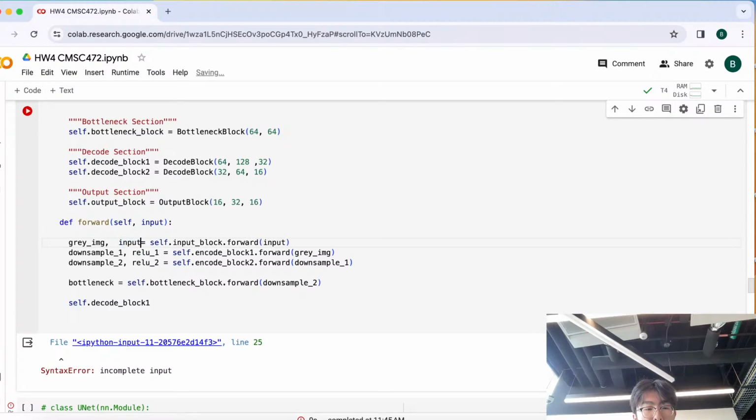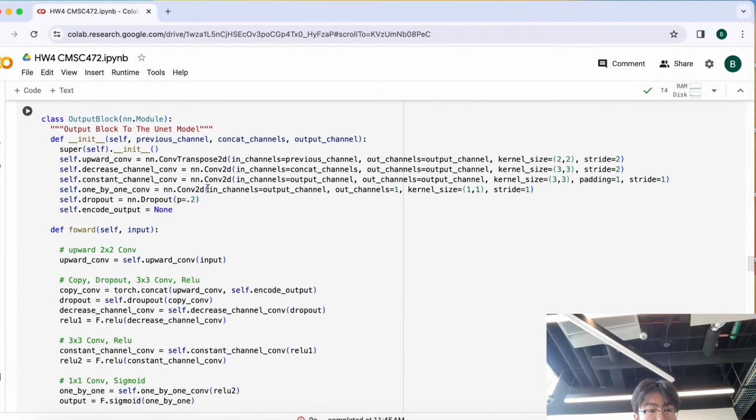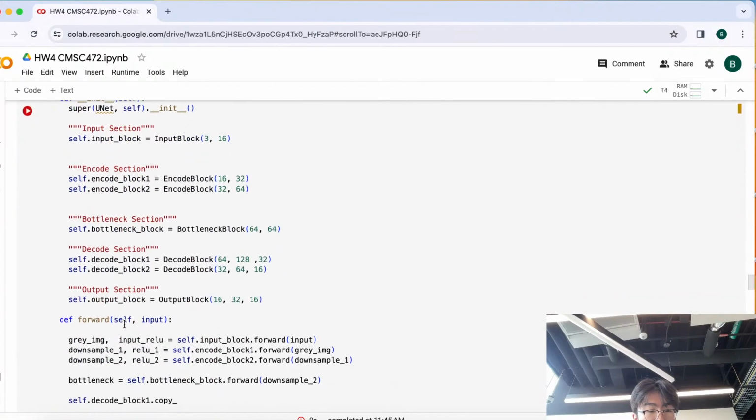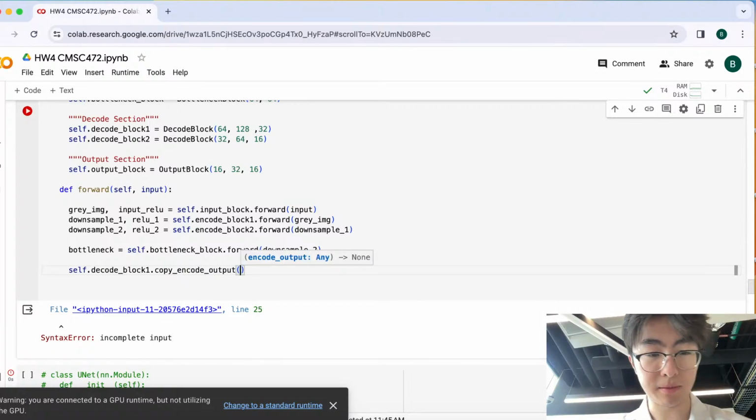I'll call this input relu. Alright. So self.decode block dot copy. I think this is going to be copy encode output. Okay. So we get the copy encode